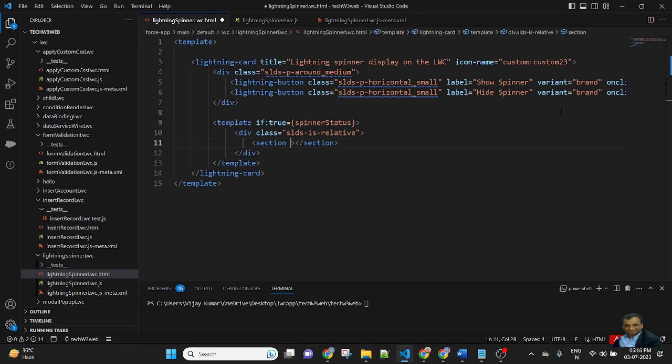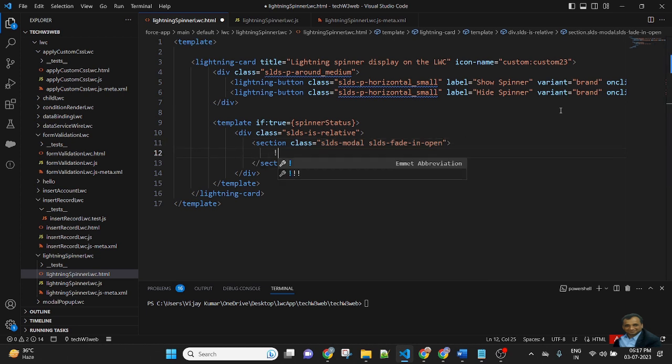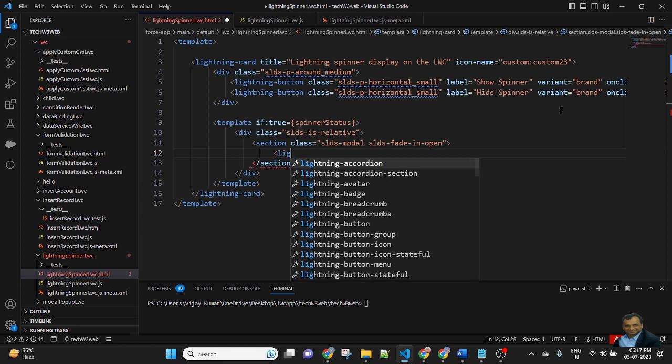In the section add the class slds-modal slds-fade-in-open. In this section I will use a lightning spinner.